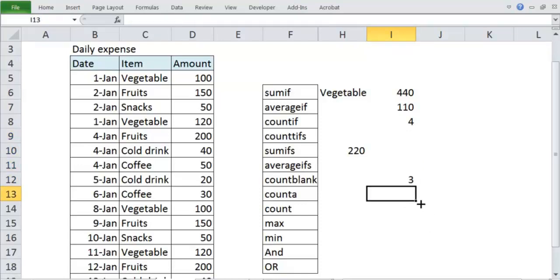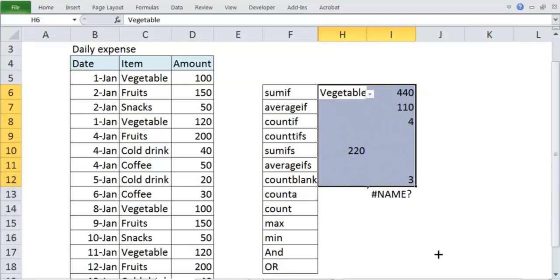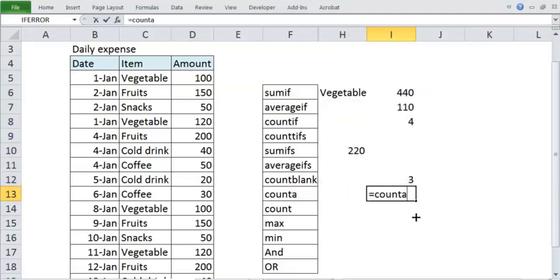Then I have COUNTA. COUNTA counts the number of cells in a range that are not empty. Let's say I have this many cells from here to here, and I want to know how many are non-empty. As I can see, 1, 2, 3, 4, 5, 6 are non-empty. Please note that there is a difference between COUNTA and COUNT.